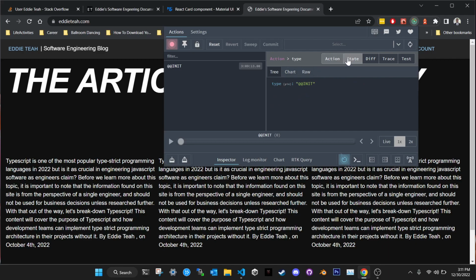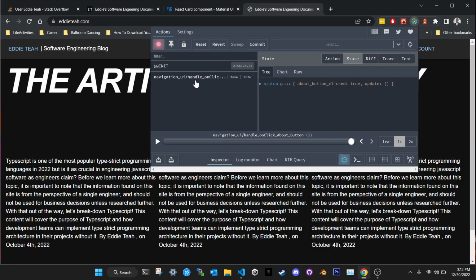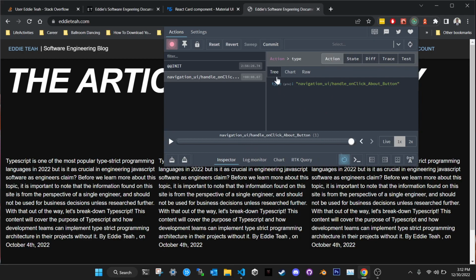Anyways, you have actions, and here you can record your process, your interaction with the page. I just clicked a button, and so it shows me the state of the button, and the name of the component is navigation UI and it is in the folder, and the function that I called is handle on click about button. So you can go back, right?